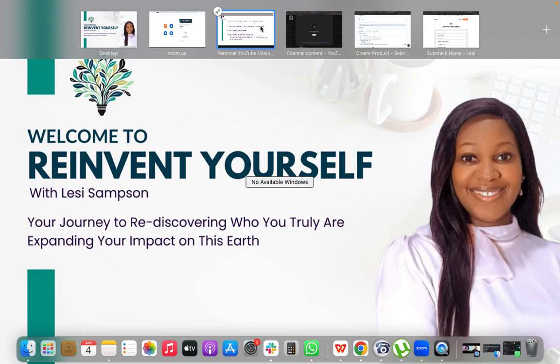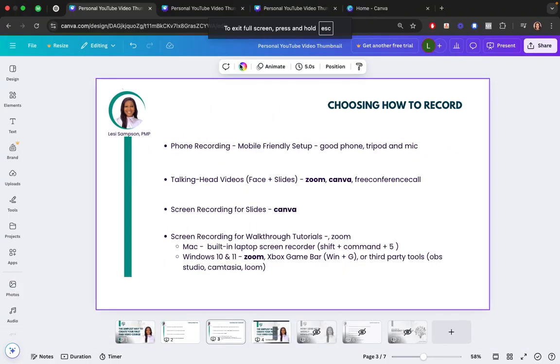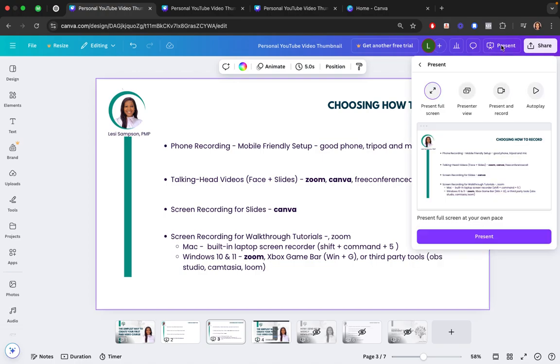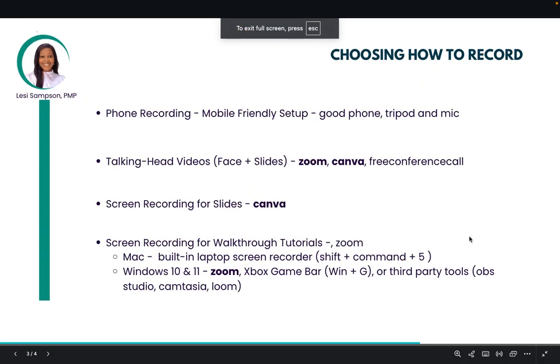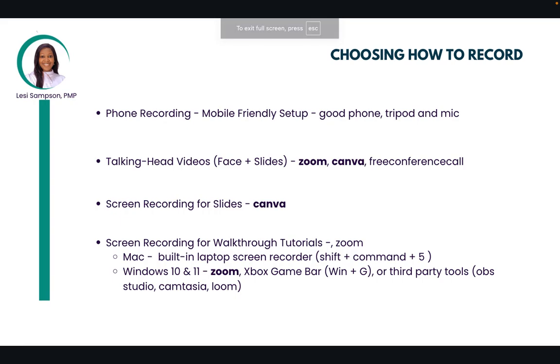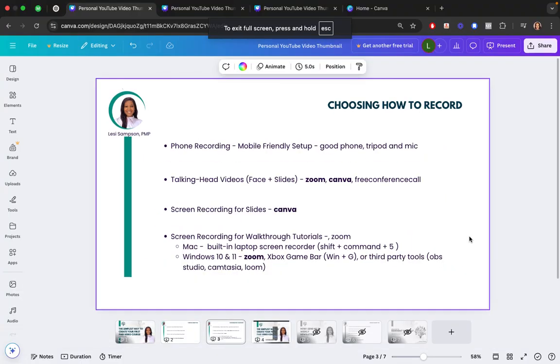I will need to stop presenting so that I can show you. Yes, so this is Canva, right? To present simply using Canva, you just click on present. Once you click on present, like I was just doing, I presented my full screen. So I click on present full screen, present. Let me just show you that. Then it turns full screen and your presentation has started. But what we are trying to achieve now is the talking head video, where you have your face and you have the slides